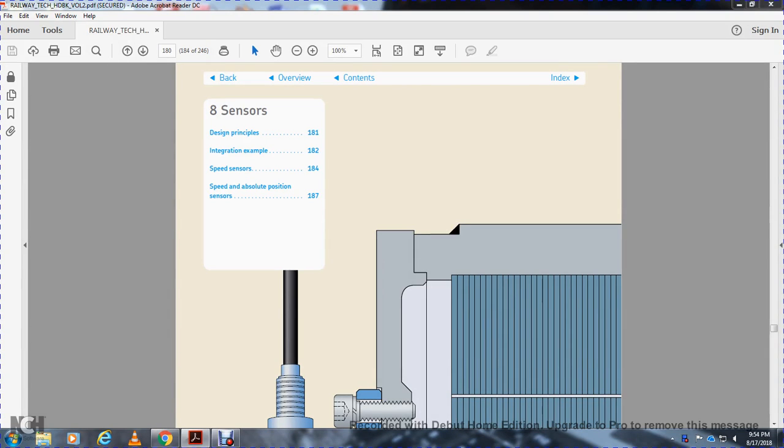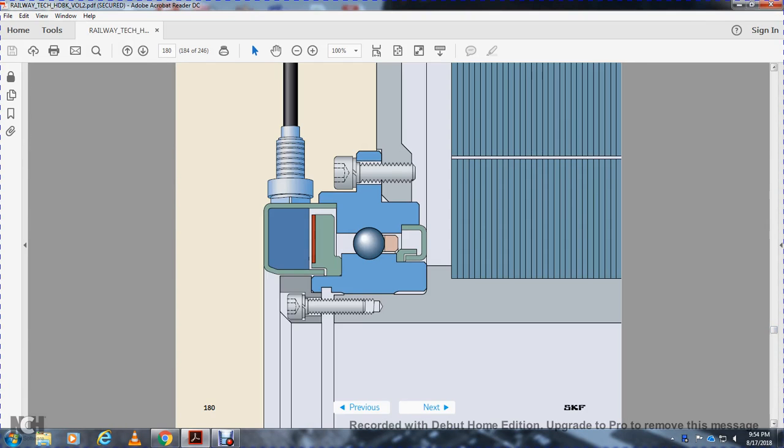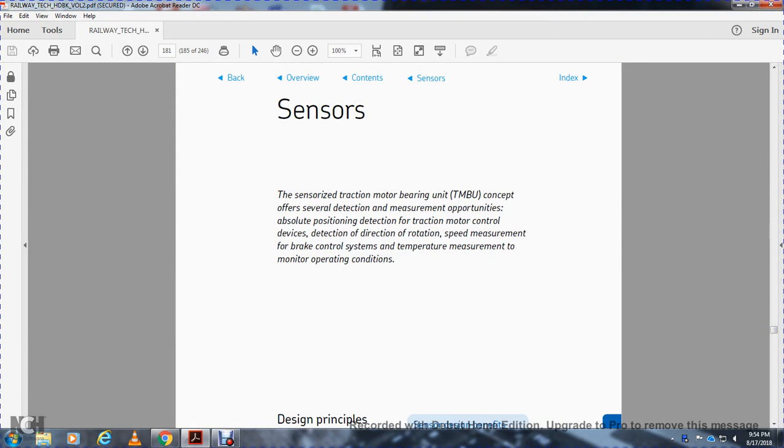Alright, Chapter 8, Sensors. Design principle and integration example for the speed sensor and the absolute position sensors. Sensor for the traction motor bearing accounts for several detection measurements: operative for the absolute position detection for the traction motor control, direction detection, rotation speed measurement for the brake control system, with the temperature measurement and mounting operation